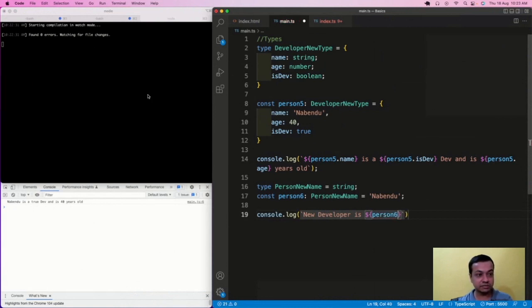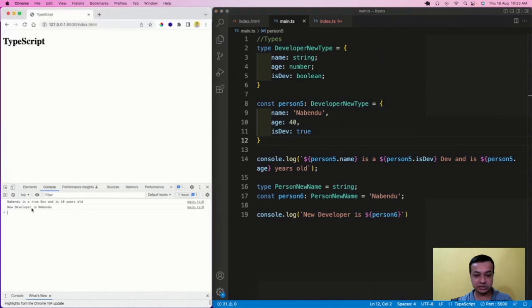When I will save this thing, what will happen here? Save this thing, and it has detected some changes, and it ran again, and see I'm getting this new developer thing. Okay, so this is how it runs. But for bigger projects, we just don't use the tsc -w option. We do something more also, and we do the entire project compilation. And for that, what we do